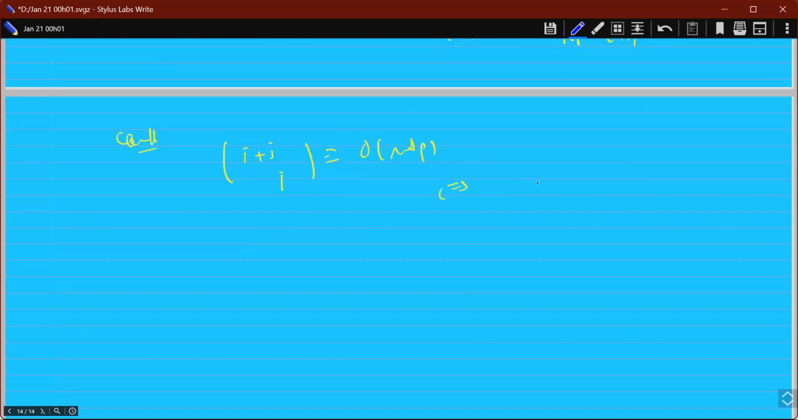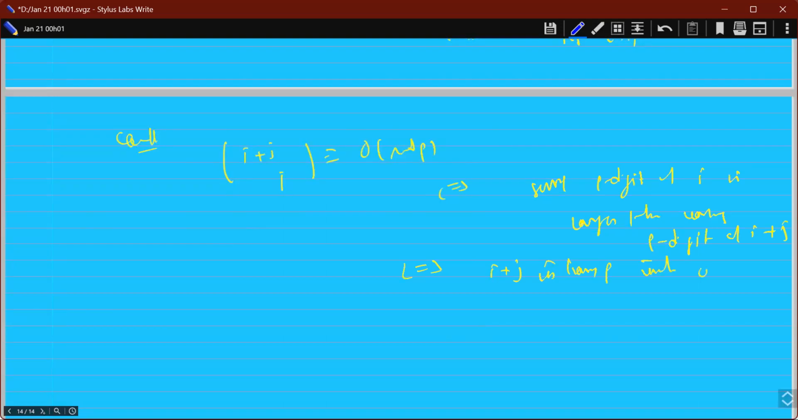So intuitively speaking, this means that some P digit of I is larger than the corresponding P digit of I plus J, right? So another way of saying this is, I plus J in base P involves carrying, which is just a funny way to say this. It involves carrying. So, right. So a corollary to the previous lemma would be